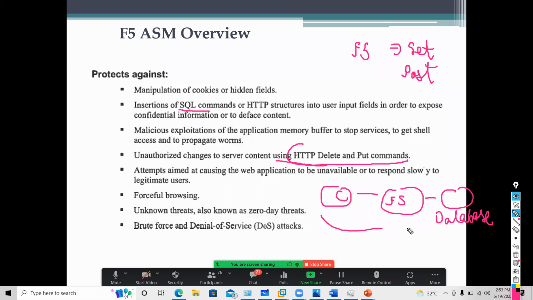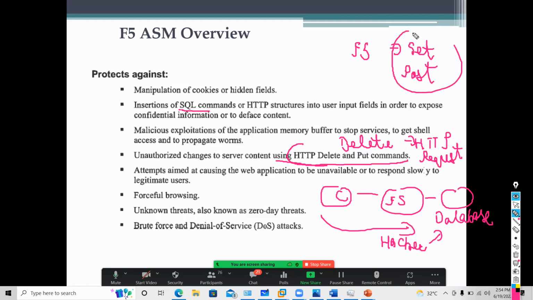If a hacker gets access to this database, he will try to delete all these entries from the database. In that case, he will try to use the DELETE method in the HTTP request. So in that case, F5 will block it. By default, F5 only allows these methods. Brute force attack, denial of service attack, all this can be protected from ASM.